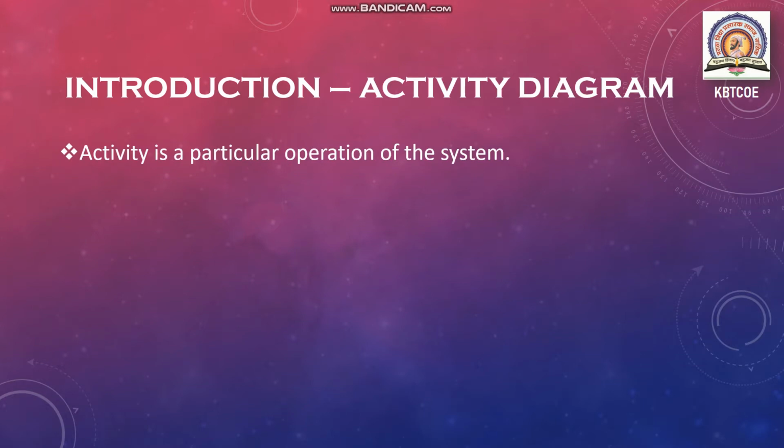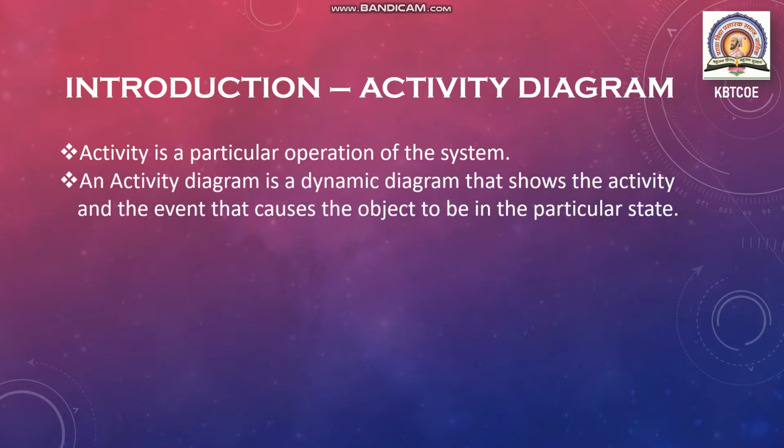Activity is a particular operation in a system. A whole system comprises various activities, and to draw an activity diagram for a particular system, we must know all the activities that are performed by the system. An activity diagram is a dynamic diagram that shows the activity and the event that cause the object to be in a particular state. By performing which activity, how the operation and the system proceeds, we can dynamically visualize it